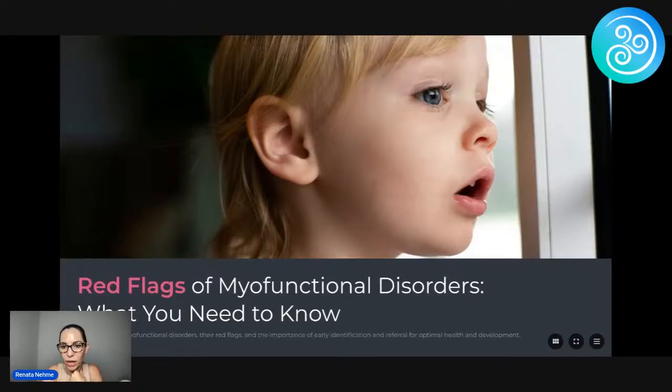Is there a prerequisite course required before taking Foundations? No, this is the prerequisite. So we start with the Foundations, and then we go into Myofunctional, which is the advanced course. On Airway Circle, we try to come up with all the courses that you need. Whenever you first go into this world, it's really hard to know exactly which path to take, so we decided to do a path for you. You start with Foundations. We also have a business course. And afterwards, we do the advanced course. So it's step-by-step, and pretty much in a year, you have everything that you need.